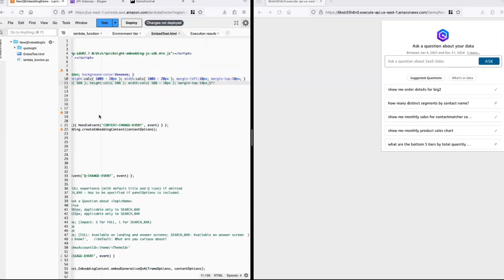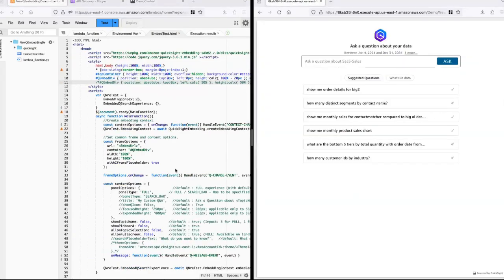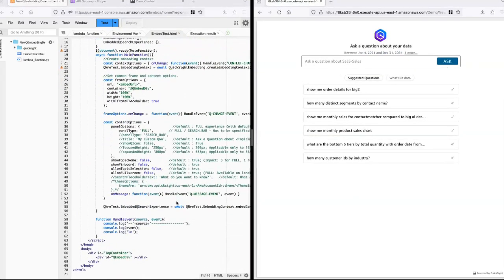So we are having the full page available again. And here, this default text is ask a question about your topic name. And if your topic name, if you chose to,